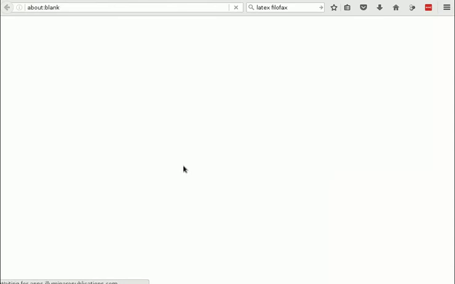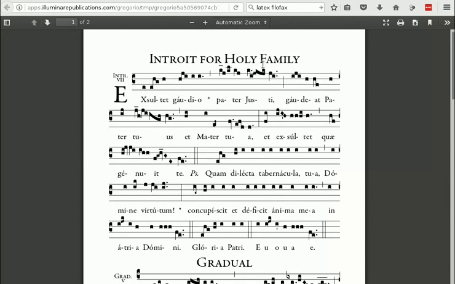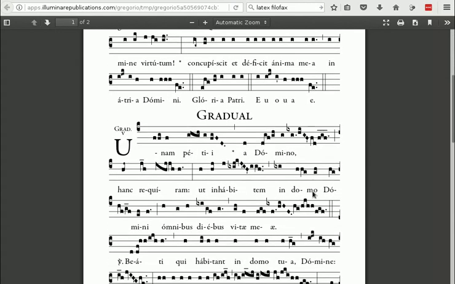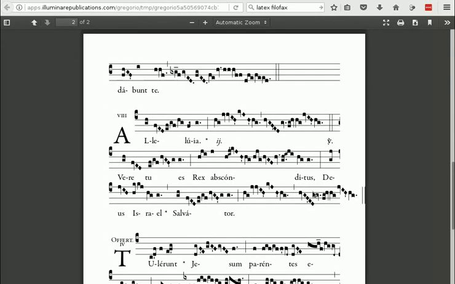So let's have a look at the PDF. You can see there's a nice big heading in small caps. Hello, Monica. Monica wants to help. And it all looks pretty good, except when we come down to the Alleluia, we've got a little glitch here. The notes run off the end of the staff. So this is a prime target for adding in a line break. What I'm thinking of is putting in a line break just after this little divisio here.